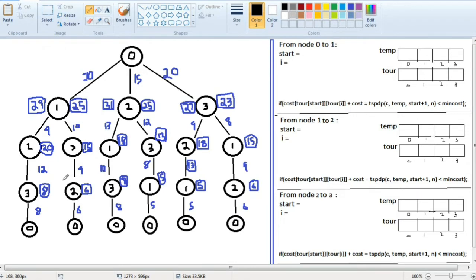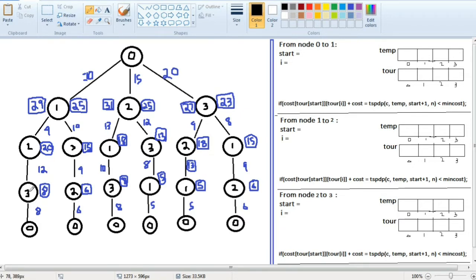At each point I will be calculating what my cost is. We'll start from the first case here: 0 to 1, 1 to 2, 2 to 3, and 3 to 0. To get the cost, start from the bottom one. It's very important. While traveling from 3 to 0, what is the cost? To reach 0 I had to travel from 3, right?